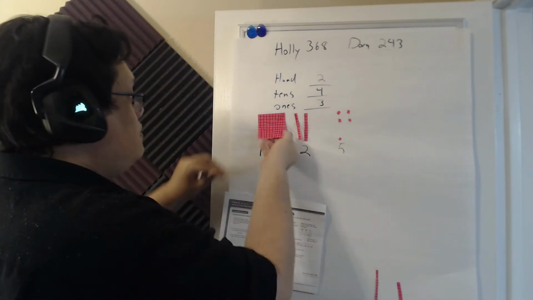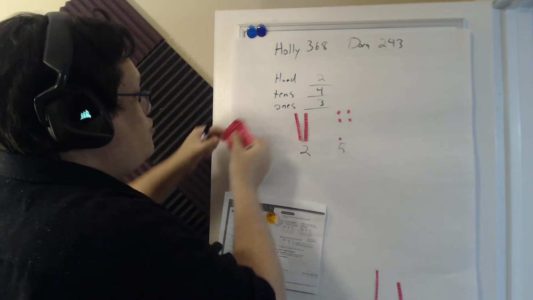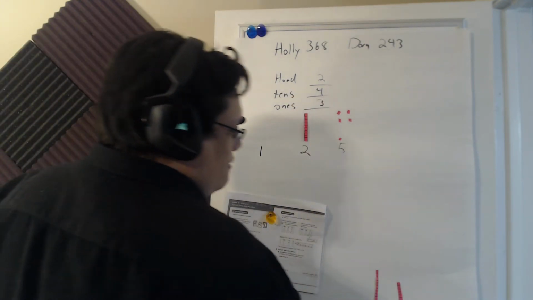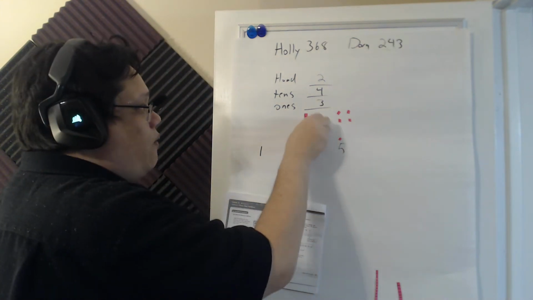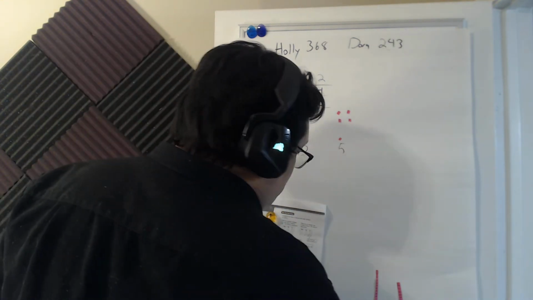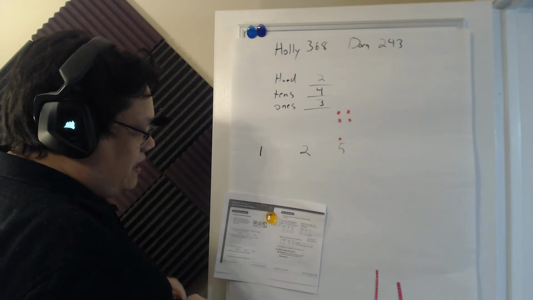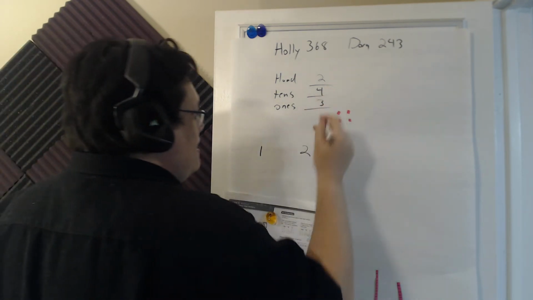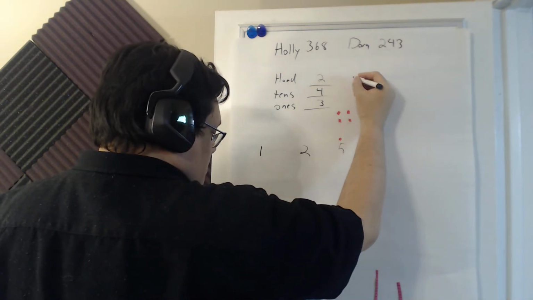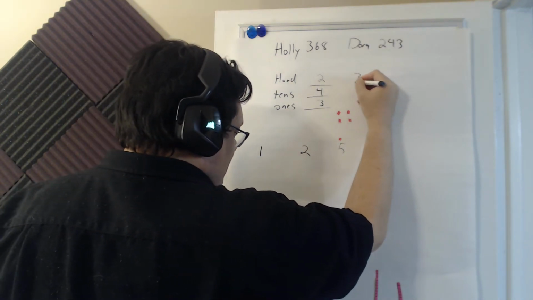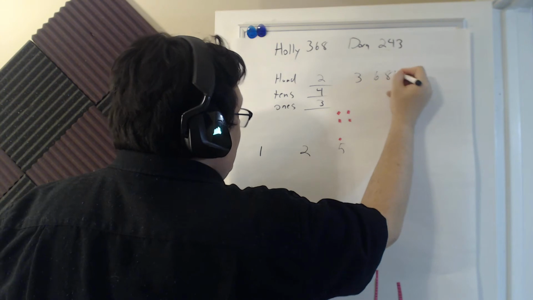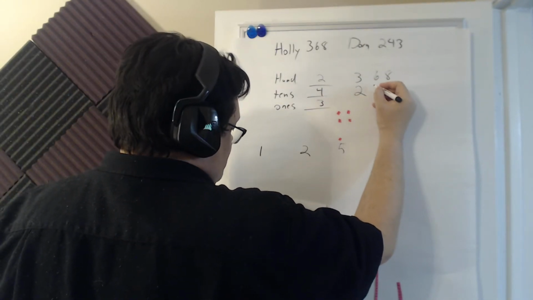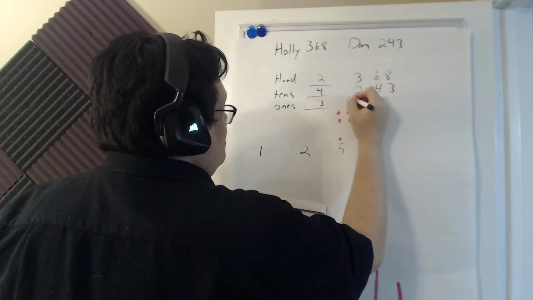Okay? So what they're trying to say is, this way, when we took it away, it was fine. There were enough to take away. Now they're going to say, well, sometimes it's not going to be quite as easy. Instead, if we had 368 minus 243,